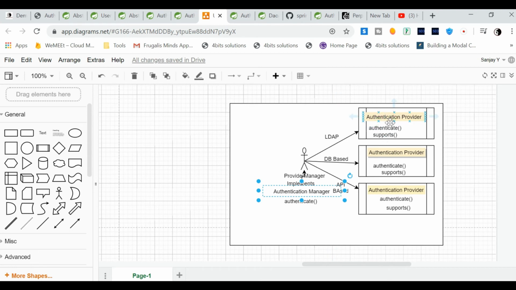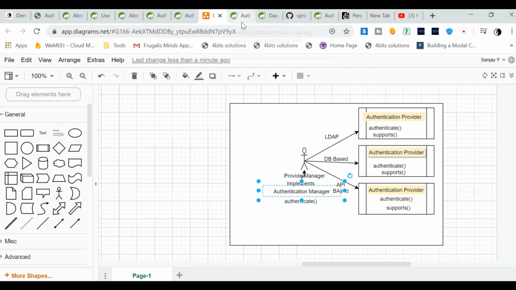If yes, it returns this. If it is not, it goes to the next authentication provider, then the next one. Like that, it tries to validate all the authentication providers and get an instance of an authentication provider. Once the instance is retrieved, it tries to authenticate.